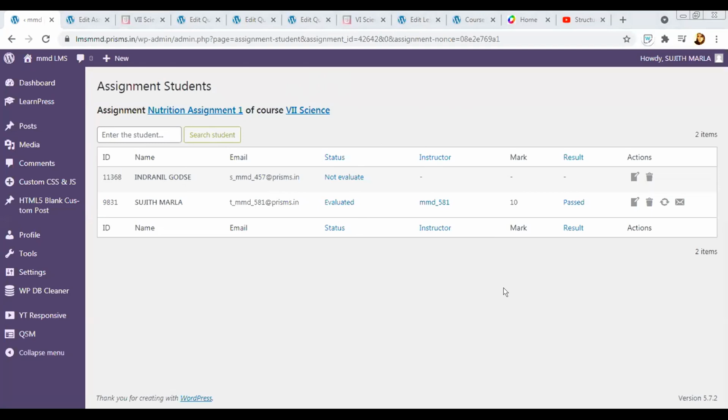So give me a minute and I'll open it. Till then, if you have any queries, you can ask and we can respond to those. Yes, any queries you can ask.